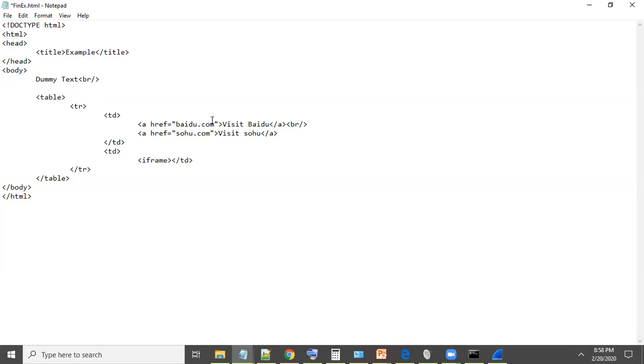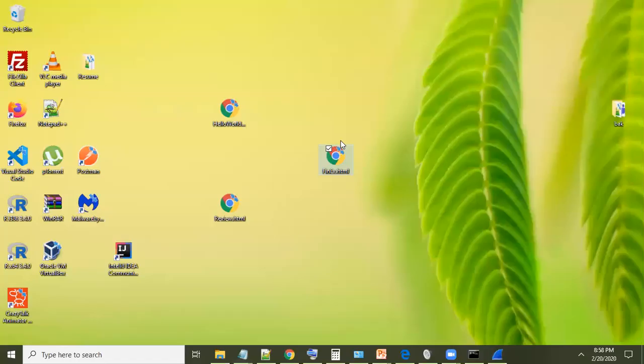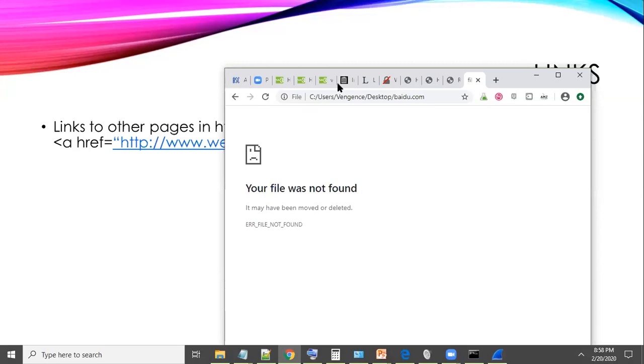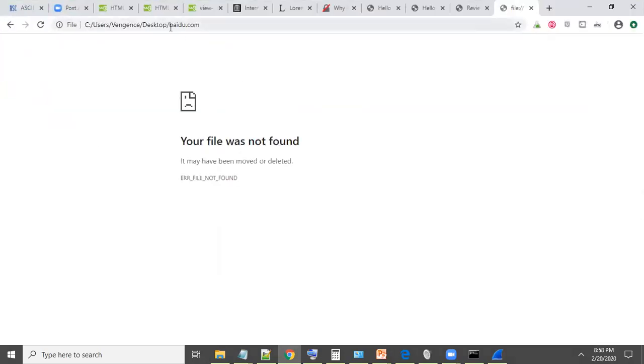Okay, so next, what we've got to do is specify the information for our iframe, right? Because we want these links to update the iframe rather than the web page. So if we actually open up our current website in our browser, what will happen when we click on our link is that it's complaining. Do you know what went wrong here?